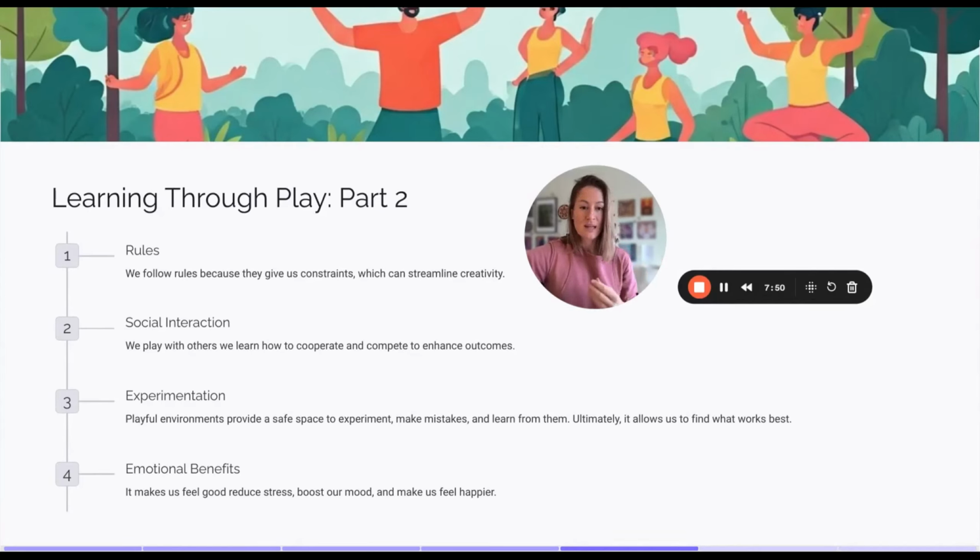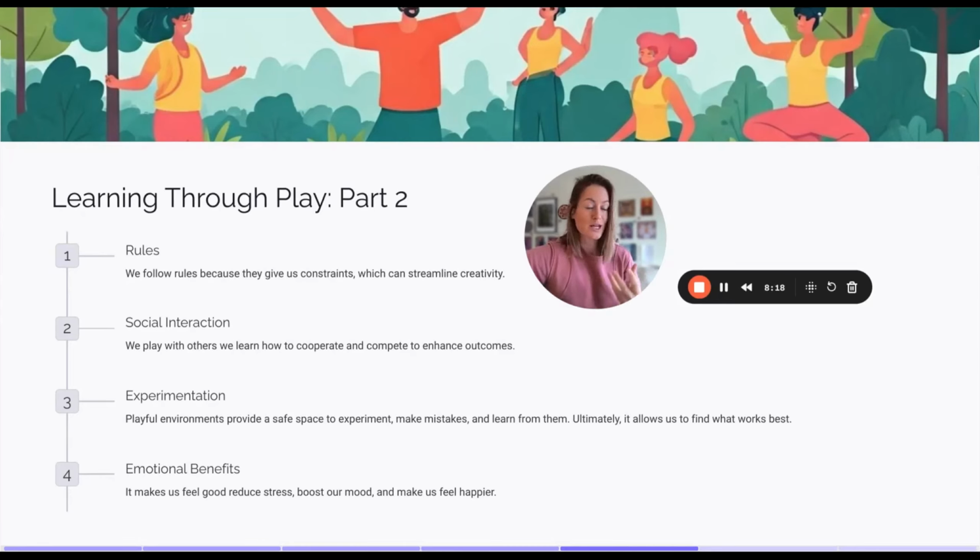Play can also have a really heavy social component. So learning how to cooperate and compete enhances our outcomes because 2 minds are better than 1. And when we start actually seeing social interactions as opportunities to learn, opportunities for more creativity, more ideas, more opportunities, then it really becomes something that enhances our capacity to learn.